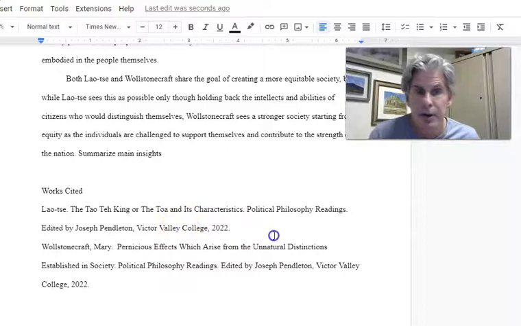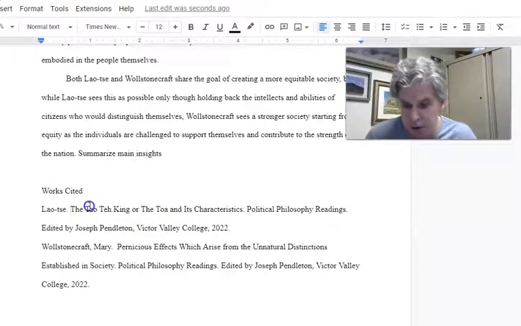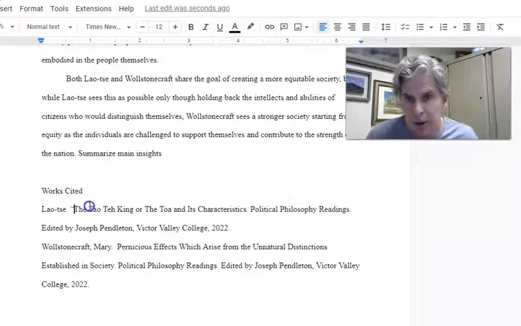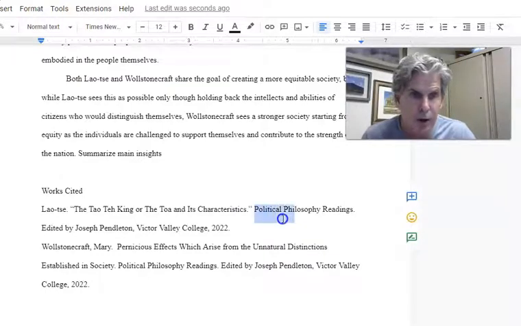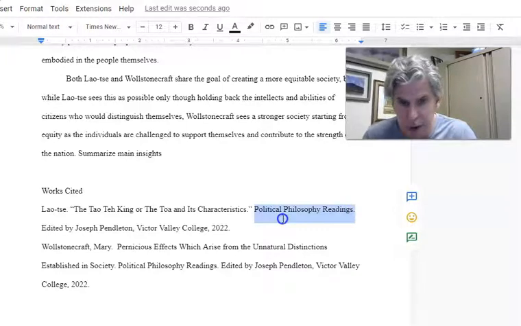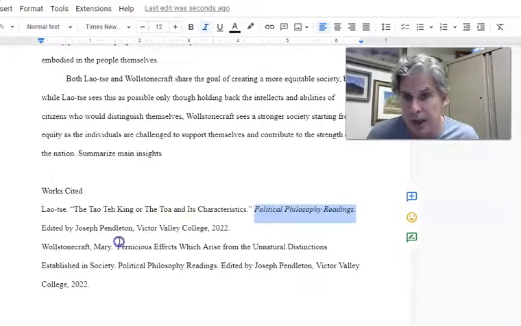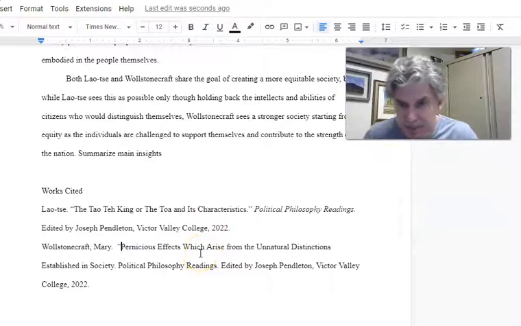There's all the information. Now stick with me for a bit, because this is where people go bonkers, on these last little format things. Put quotation marks around the title of the work, and then italicize the title of the book. No need to underline, italicize. Most students I find know that. I'm doing Control I.